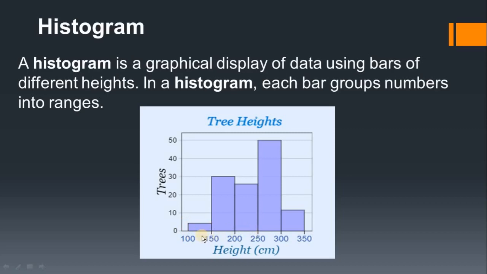From 100 to 150, it will start with 100 and count all the values which are less than 150, meaning up to 149. Then for the next bar, it will count the values from exactly 150 to less than 200, that is 199. In this way it will show you the comparison. Now you have some idea about histograms, and we will see practically how you can display a histogram in Python programming.